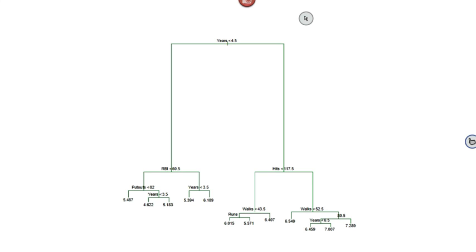And that's one of the really good advantages of using trees: the model itself, when you look at it, will tell you which predictors are more important than others. Okay? So if we go back to the example in here, yields is the most important predictor. Then heads and this predictor as well. Okay?